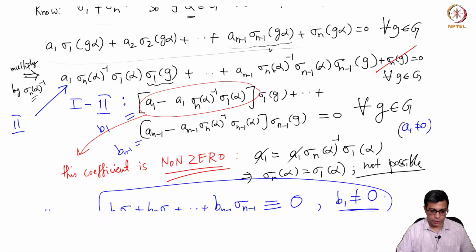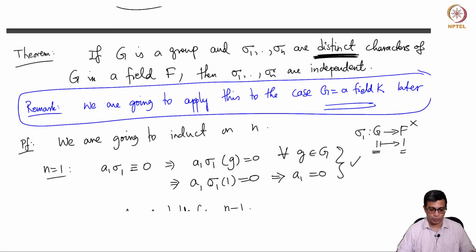Welcome back. In the last video, we started Galois theory after revising earlier parts of group theory, ring theory and field theory. And in the last video, I talked about group characters. And I told you that those are not important in their own right for us, but mainly when we are interested in field homomorphisms.